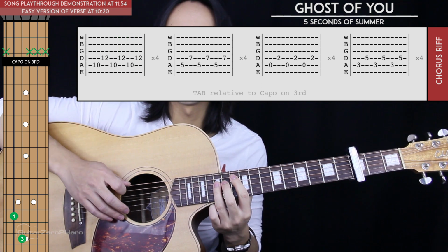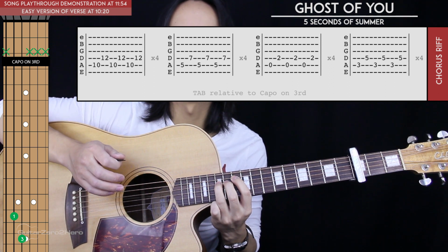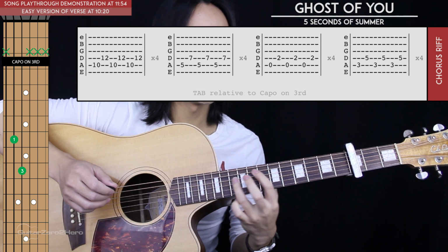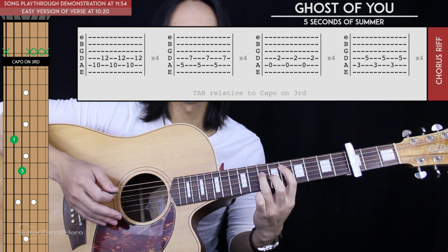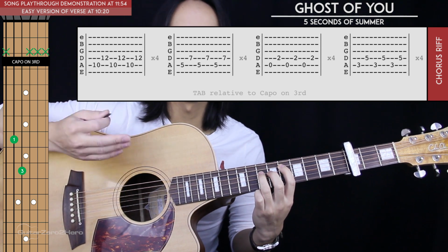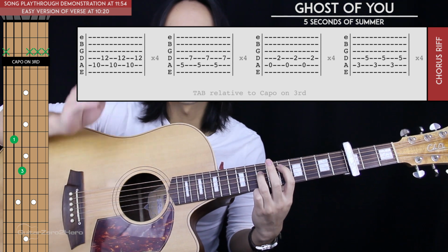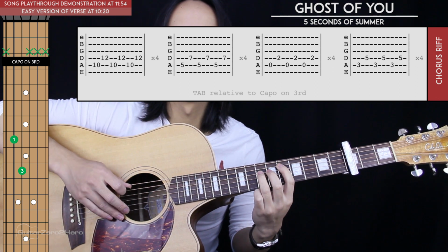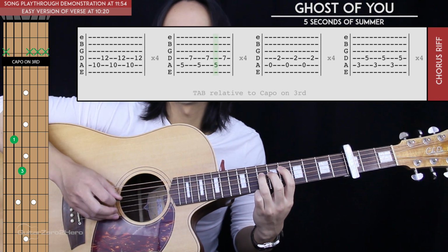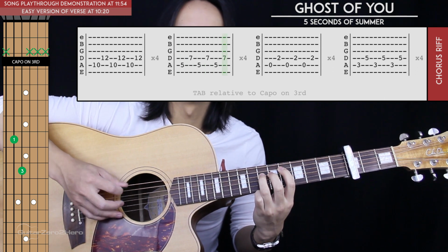Now remember, you should alternate between a down pick on the 5th string and an up pick on the 4th string. And for our next position, we slide the same shape on the same strings down to the 5th and 7th. We're going to play the exact same thing just with this chord shape now. So again, every down pluck you do can be 1 beat, and just count 4 sets of 3 beats. 1, 2, 3, 1, 2, 3, 1, 2, 3, 1,